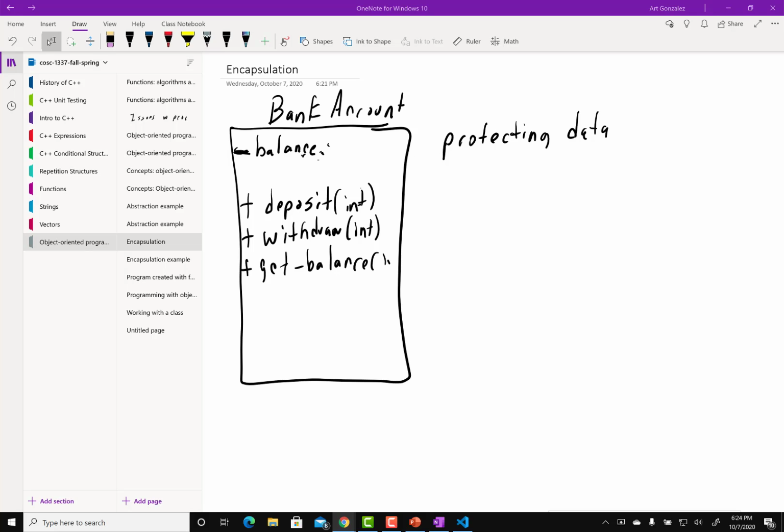Yeah, the string class and the vector, right there, they're classes. And the difference is that encapsulation is more secure. So that's one of the things that encapsulation tries to help us with, but then it also tries to